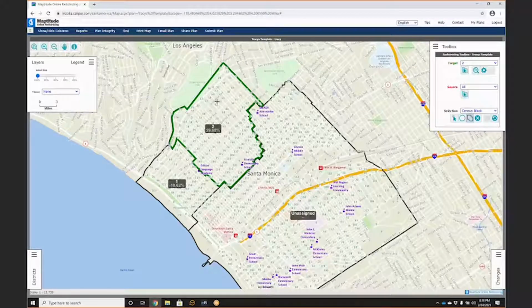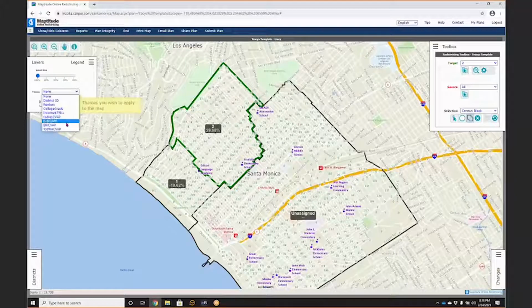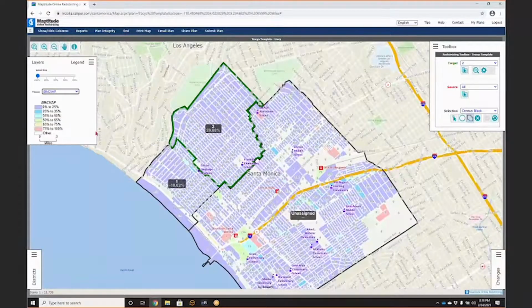So we have population labels on this map, but let's say, for example, that rather than just seeing that population data, you want to have some guidance to where voting age Black population resides. And so applying colors to the map really can help highlight information quickly in order for the online users to